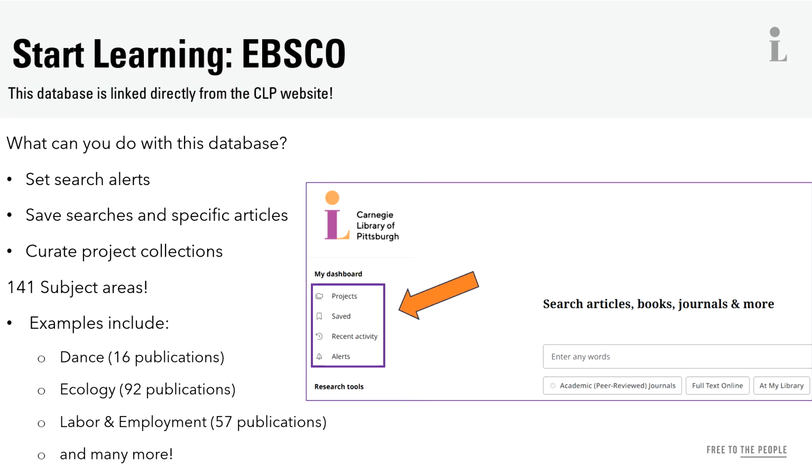Like JSTOR, lots of different subject areas, just some examples. And these subject areas denote different publications it's pulling from. So, for dance, there's 16 different publications. For ecology, there's 92 publications. Labor and employment, 57. Even if you don't want to narrow down the search through these specific subject areas, just by looking and seeing how many publications are tied to these can be helpful to know